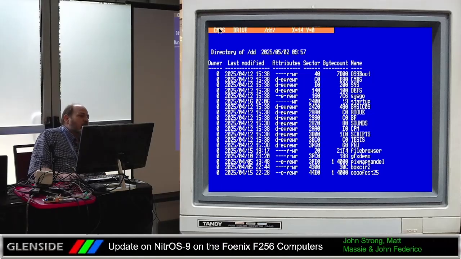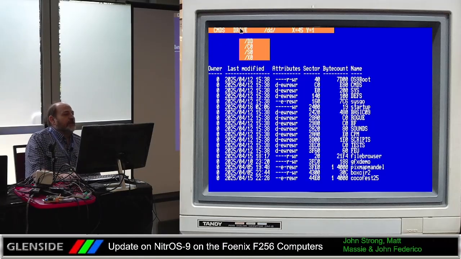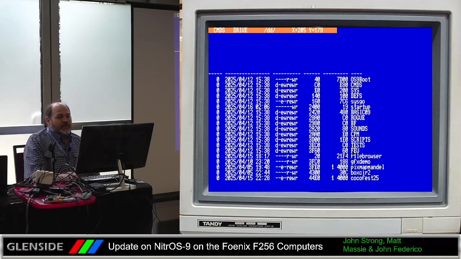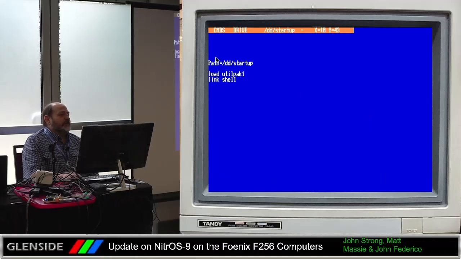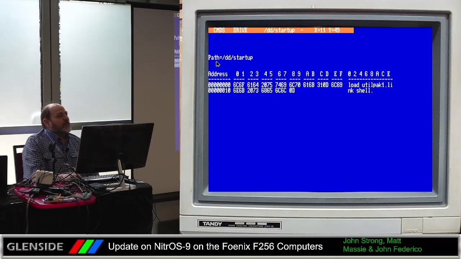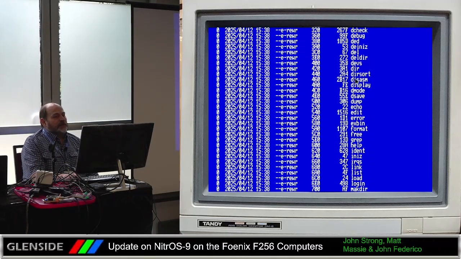But we've got our little menu here. We can get to the root directory. We've got all our drives. You can select a drive. If I want to look at startup, for instance, I can just click on startup, and I get some extra options over here, so I'm just going to list it. We can also dump things. We can also traverse directories. So if we want to go look at the commands directory,